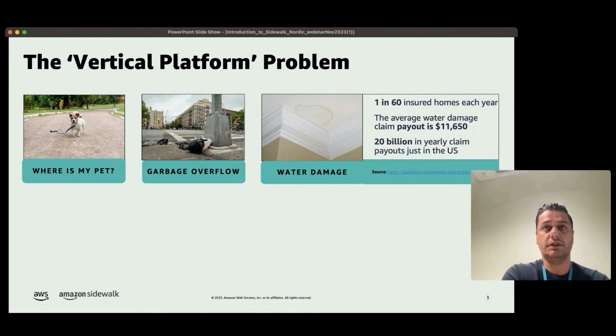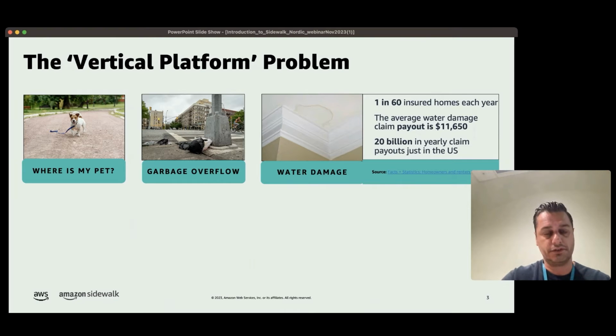So this represents a total of 20 billion in payouts that insurers have to make every year to cover water damages. Each water and freeze damage claim is about $11,000. So this gives you a view of the significance of some of the solutions that today could be addressed with IoT types of